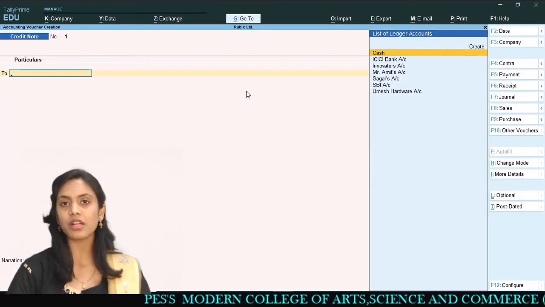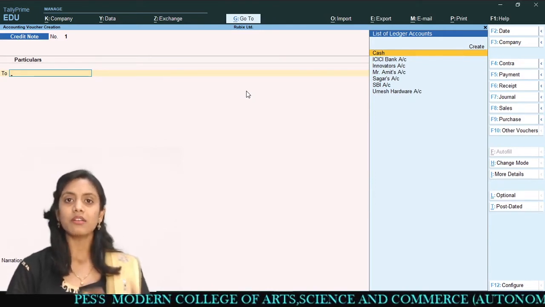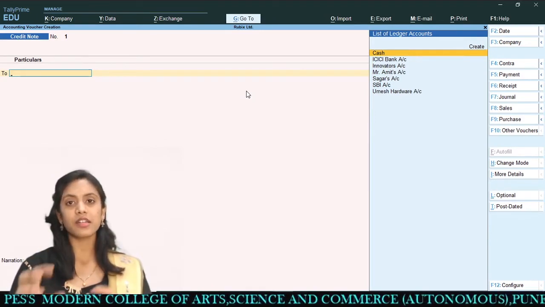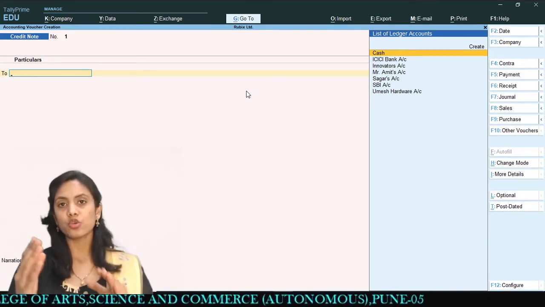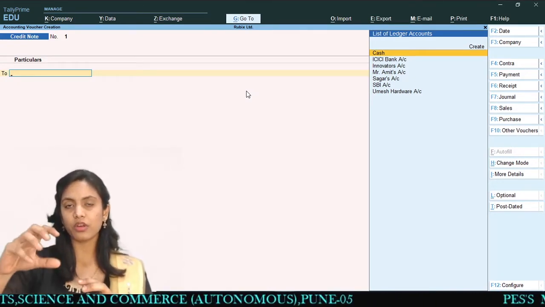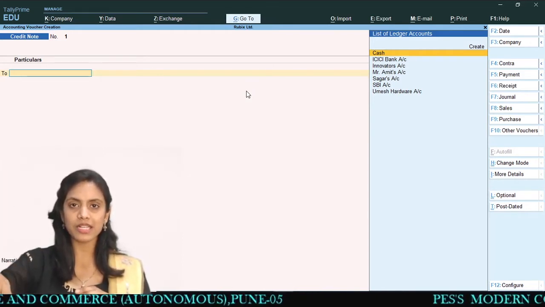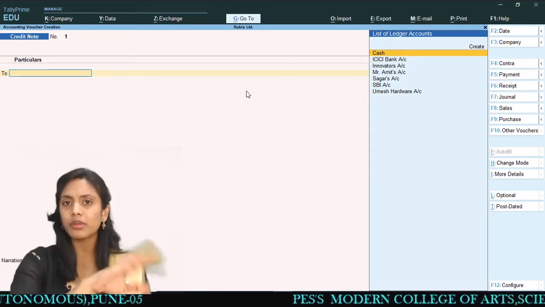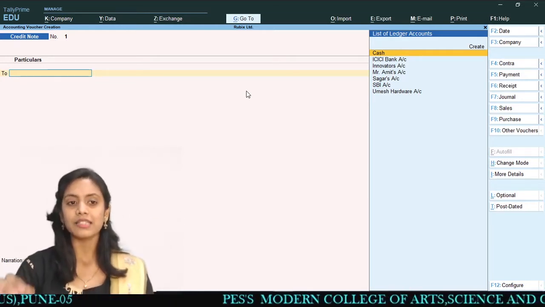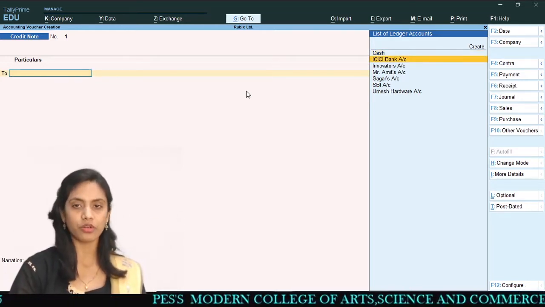So credit. Which account is going to be credited? Now, what was my entry? Sales return account debited. You are giving the exact opposite effect. What was the previous entry for a sale? That party's account debited to sales account, or cash account debited to sales account. Now it's a sales return, which means sales return account debited to party account. You have to give that. Now I want to give the sales return account.